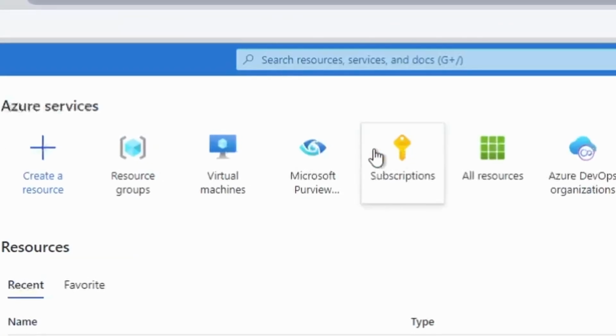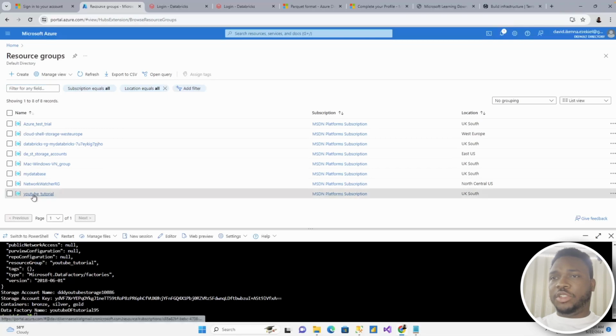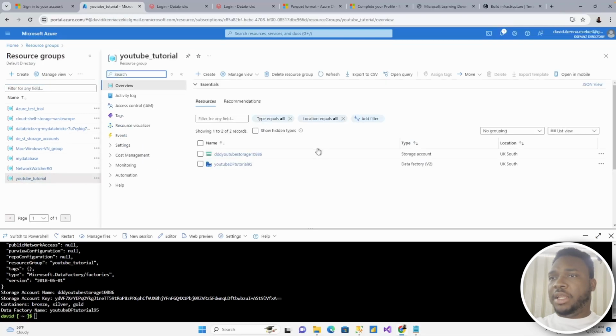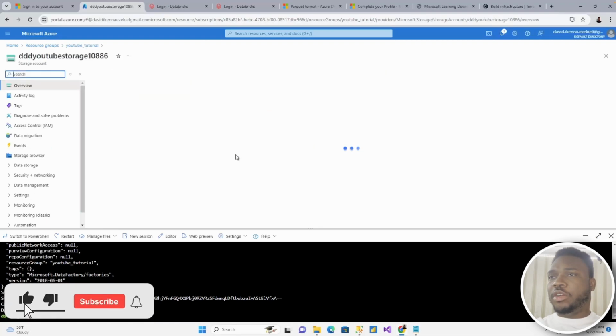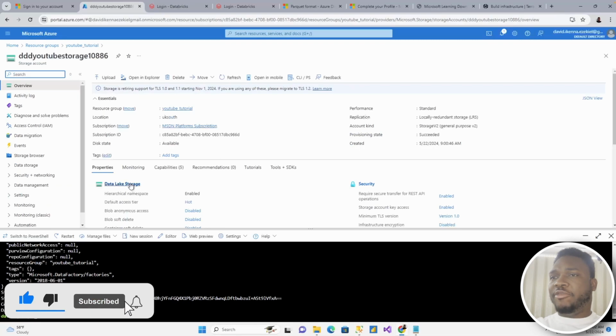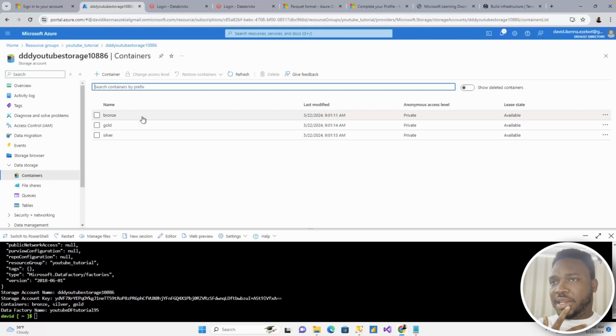I go to home, I'll come to my resource group, and on my resource group you can see the new resource that I've created. I'm just going to click on it and you're going to see it here, the YouTube tutorial I have open. I can open my storage account. On the storage account I have my data lake storage. I've got the containers that I created as part of what I have in the script, the bronze, the gold,